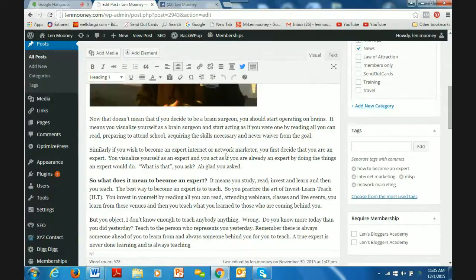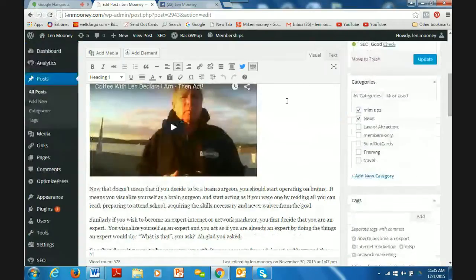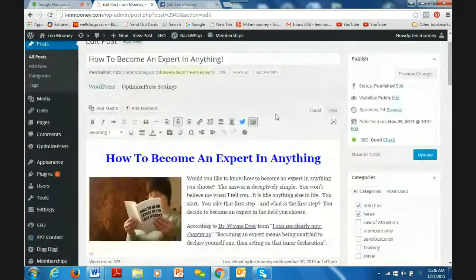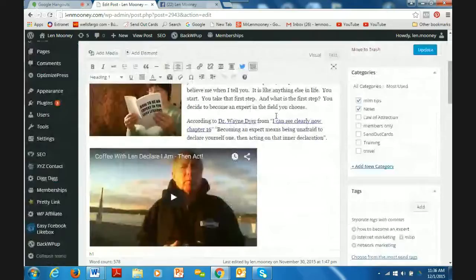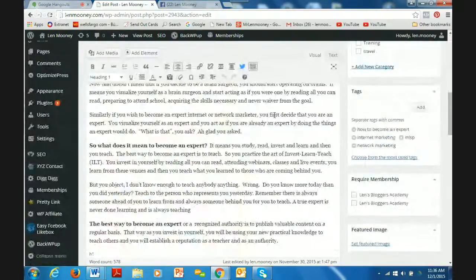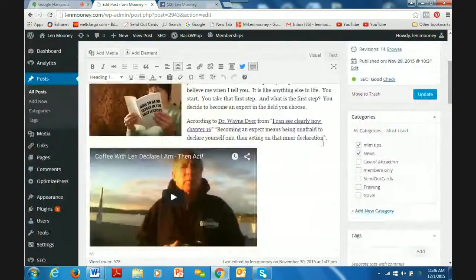So associated keywords. Now, according to Ray, a blog can rank for more than one keyword. It can rank for hundreds of keywords. That would be hard to do, but in this case, hopefully this blog will get at least some ranking for the primary keyword, how to become an expert, and maybe it'll get ranking for a couple of these other keywords. I don't know. This is a brand new blog, so it hasn't had time to do any ranking yet. Next point, linking to authority sites.